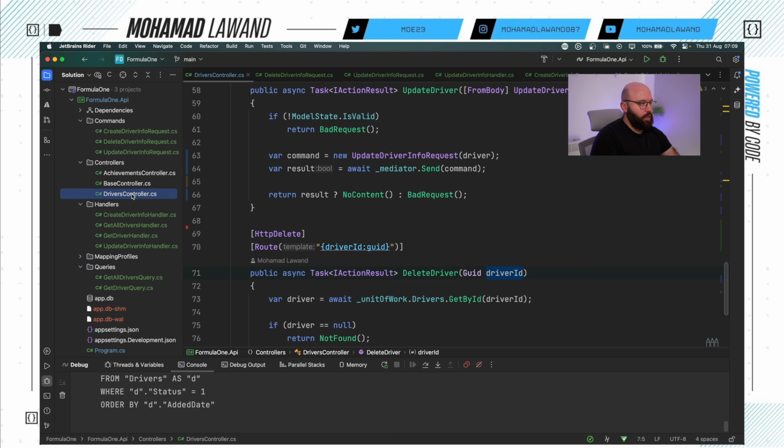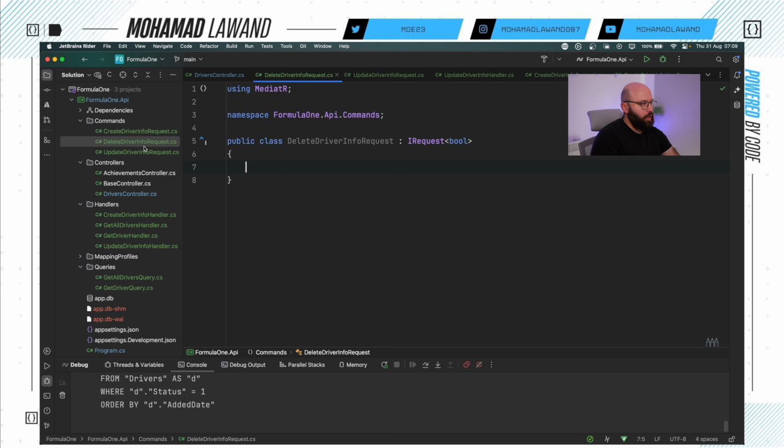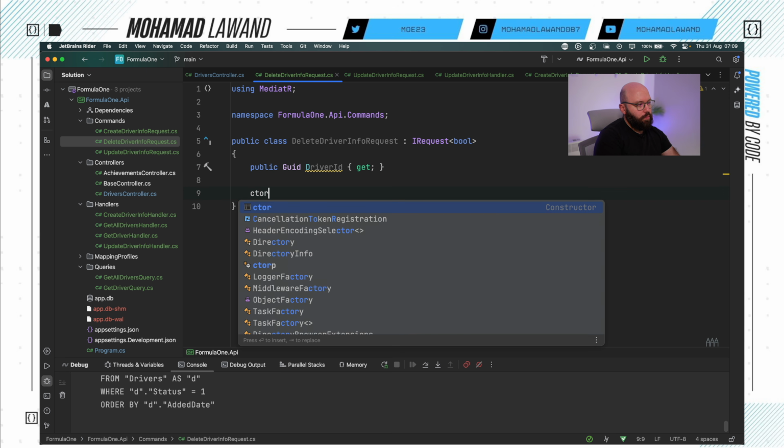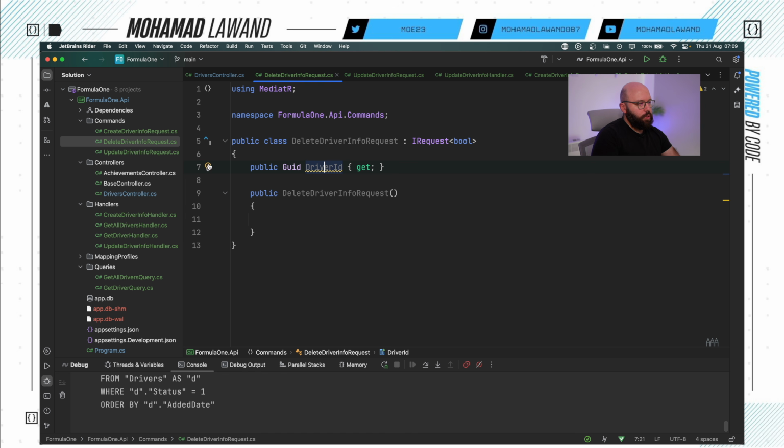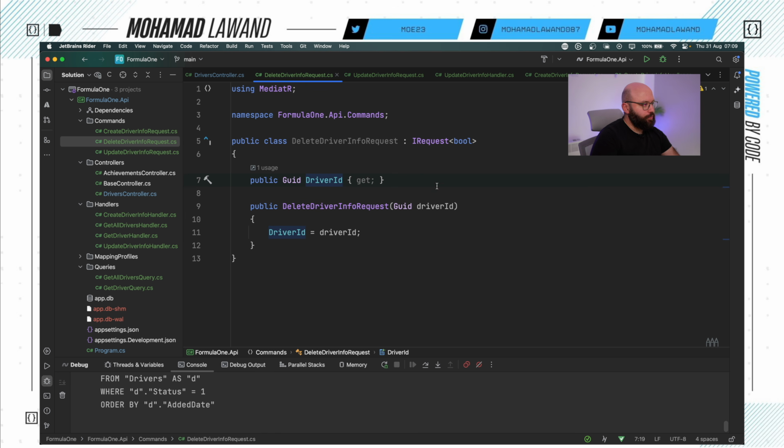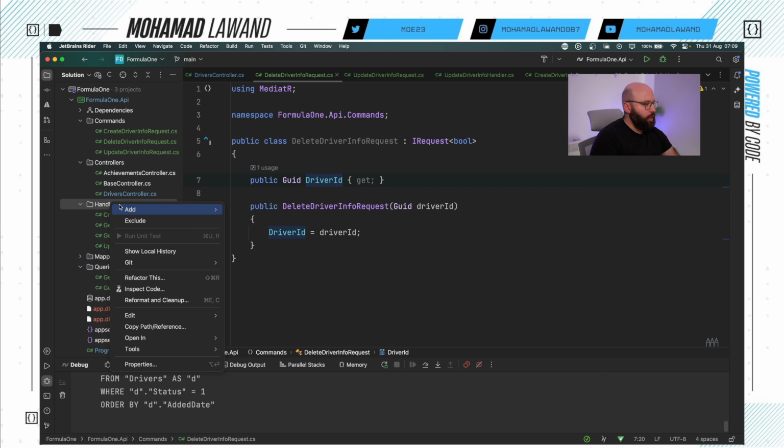And because it is expecting an ID, driver ID, let's take this to the delete, and let's make it public, and let's make it a get. Let's update this as capital D. Oops. And what I want to do here as well is initialize it. Perfect. Now that this is in place, all I need to do is go to my handler and create a